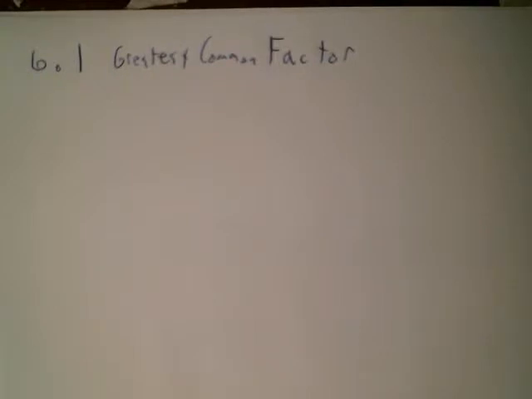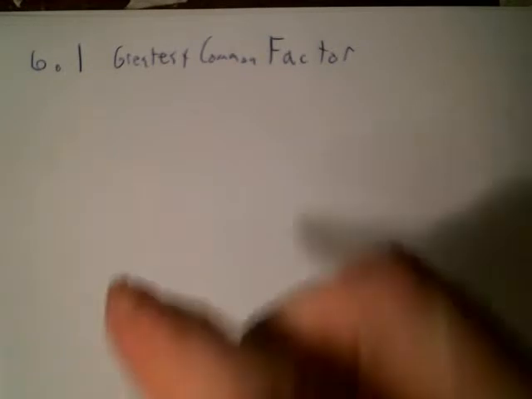Okay, so this is 6.1 for 0965, Math 0965. I'm Stroop. This is 6.1, greatest common factors and factoring by grouping. Okay. So first,